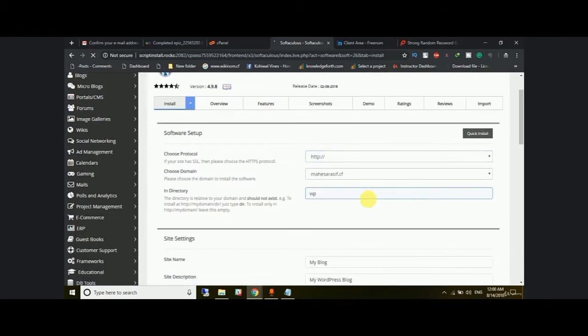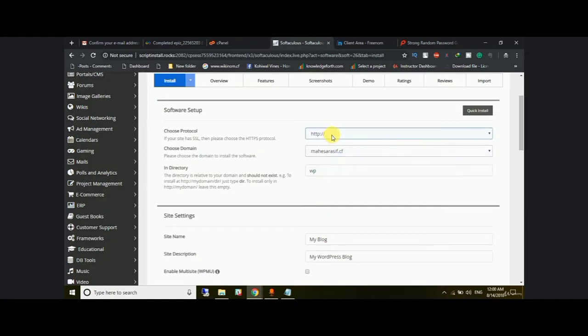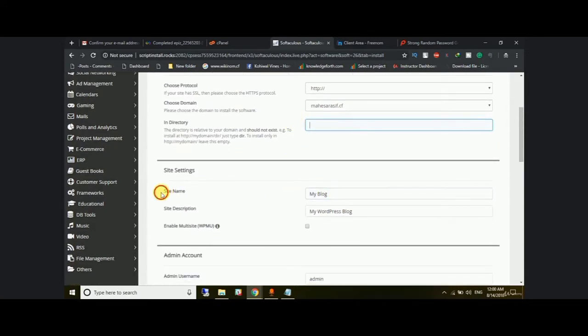All right, so first of all, when you are here, as you can see, this is the page over here. You have to do nothing, just do one thing. You have to just remove this WP. All right, and you have to select your site name. Any kind of name you want, you can just add. All right, so the site description you can add. You can add your site description and your site name after installing, but I am doing it before because it's good for your site, it basically looks good. I am a web developer, any kind of